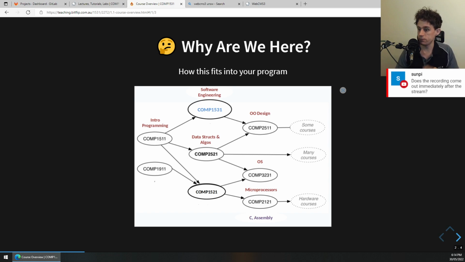COMP1531 sends you in a very different direction to COMP1521. These aren't sequential courses. COMP1511 is in C, which is a mid to low level language. COMP1531 takes us to a much higher level, simpler language. And then COMP1521 takes you deeper into the computer. So we're going a little bit further up from the computer. It's not about electronics and circuit boards and microprocessors. It's really about software and products and teams coming together, which is why I think it is the most exciting